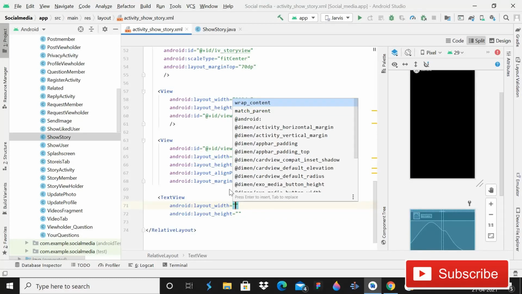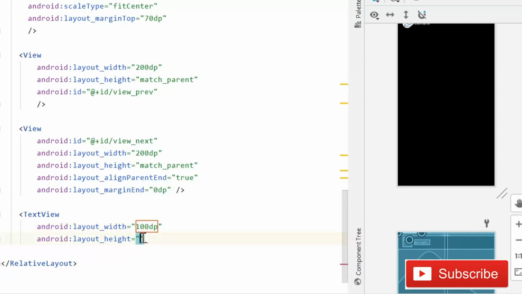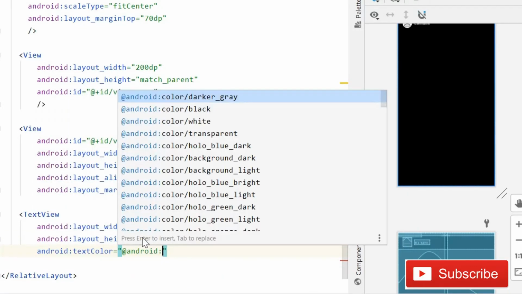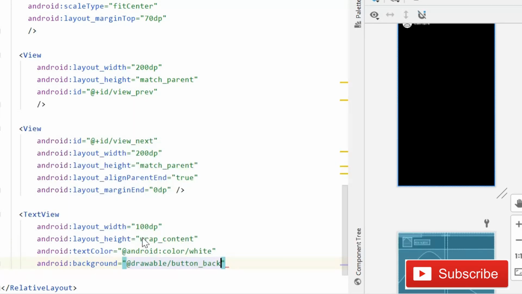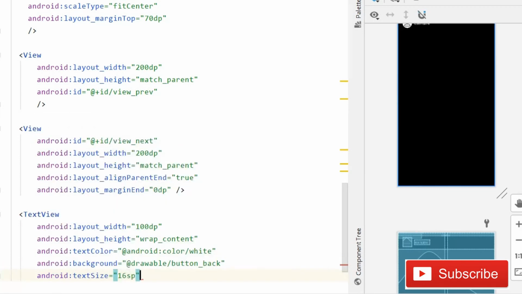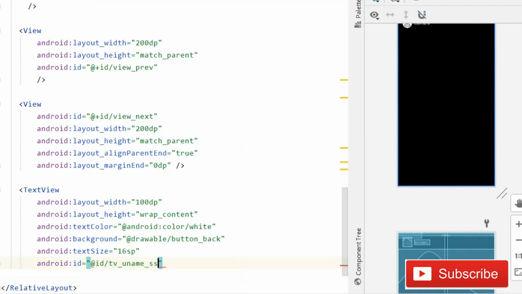The width is going to be 100 dp, the height will be wrap content, the text color will be Android white, the background will be button back, the text size will be 16 sp, and then you have to give the id, that will be tv underscore views.